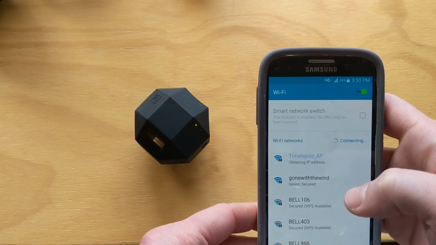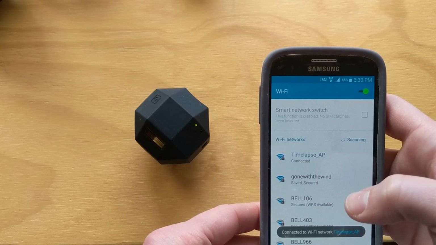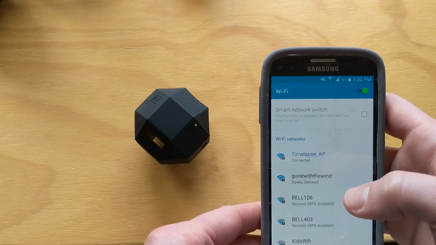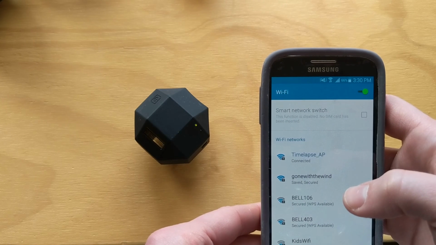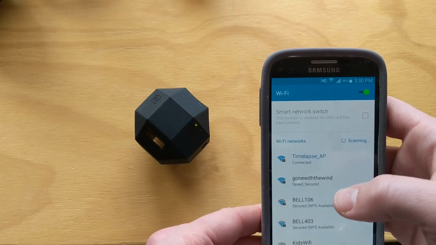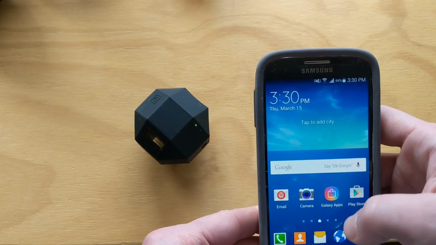Your phone might try to use smart switching between wireless stations to find a wireless network that's available and has internet. The ZEITDice itself doesn't have internet, so you might want to be sure that smart network switch is off so it actually stays connected. Next thing we do, we open a browser